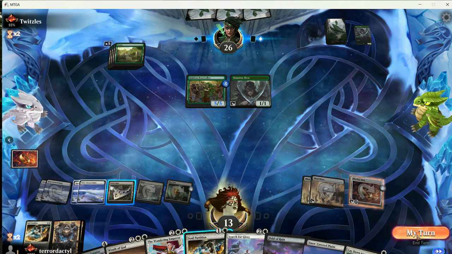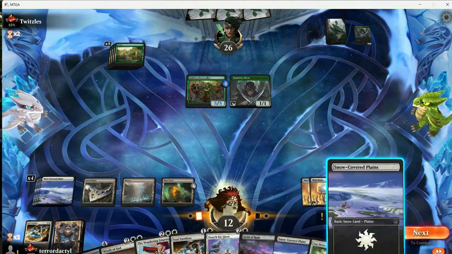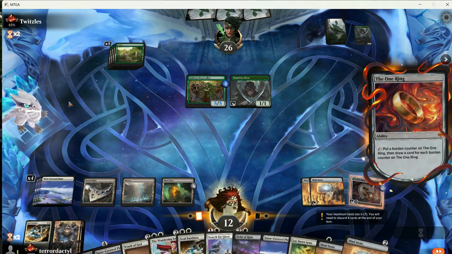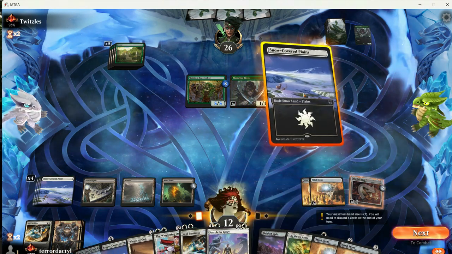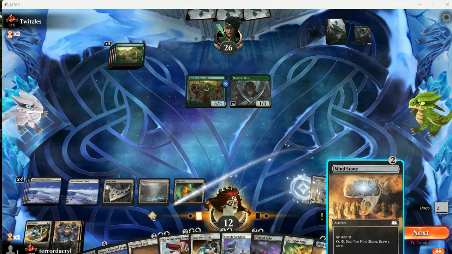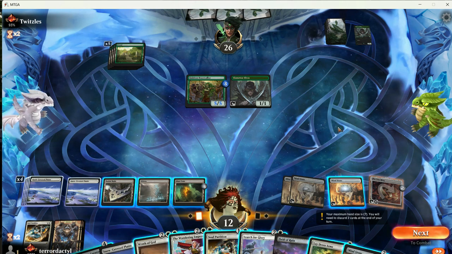I activated the One Ring I drew, Lay Down Arms. Go into my upkeep, I take a damage from the bird encounter. First things first, draw cards with the One Ring. I have so many cards in my hand, it's ridiculous. I think I'm going to Wrath of God here. I drew 2 more Mind Stones. I'm going to tap my Mind Stones to play a Mind Stone. And then I also am going to...